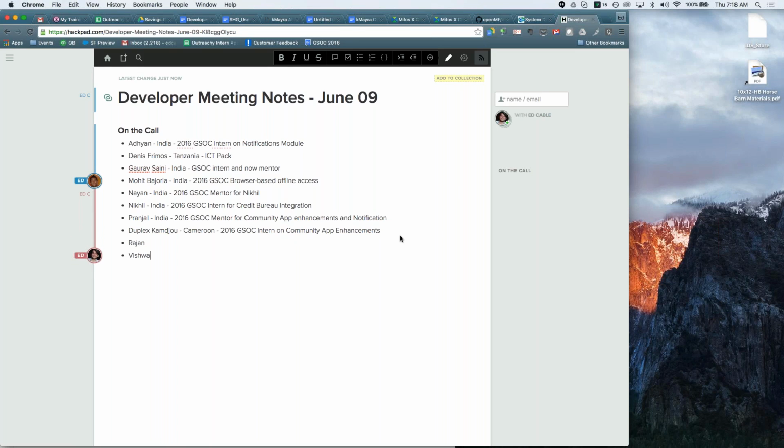Okay, thanks for that update, Duplex. And I know Vishwajit is able to see our screen, but he's on the Linux web version and unable to hear us, so he's going to try the Android app too. Oh, and hey, Ashok, I see that you're there with Nikhil. That's good. Ashok, do you want to introduce yourself?